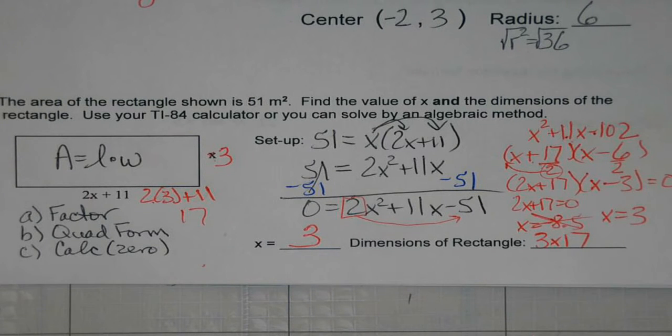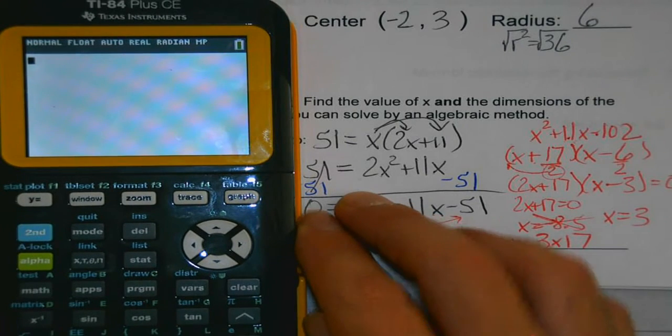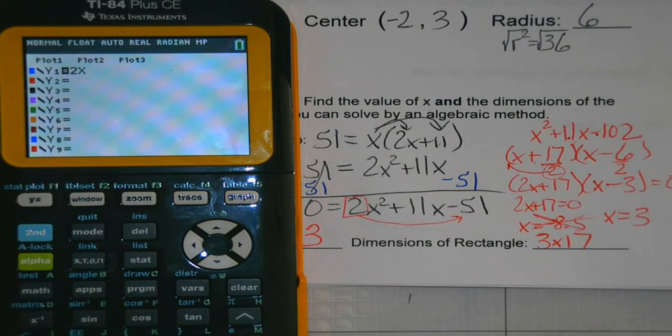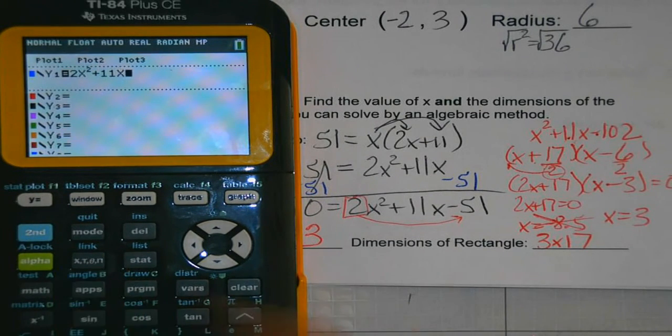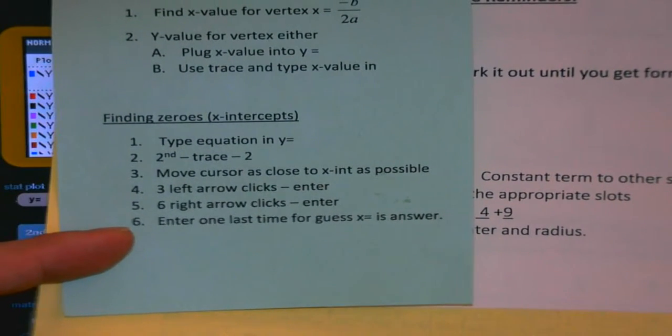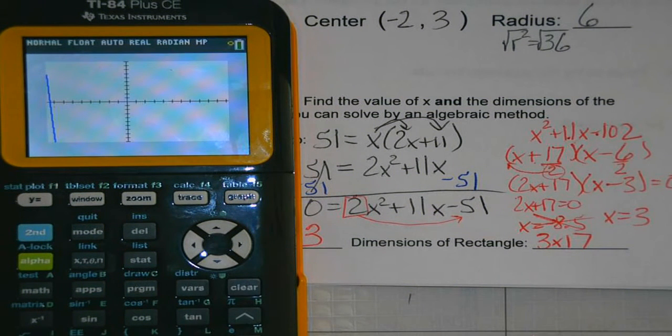But let's do the calculator while we're here, because we'll see the quadratic formula again in a little bit. So if I was going to go to the calculator, here's what that's going to look like. I'm going to take my quadratic here. I'm going to do my y equals, and I'm going to type that in. And again, go back to your little sheet that you have, finding zeros, okay? Type in the equation, second trace in 2, because we want the 0. And once I get that,